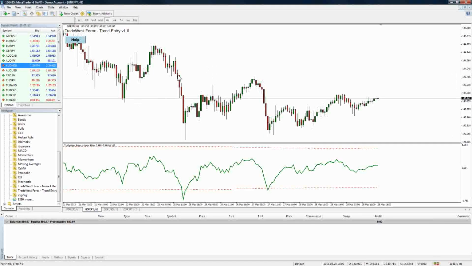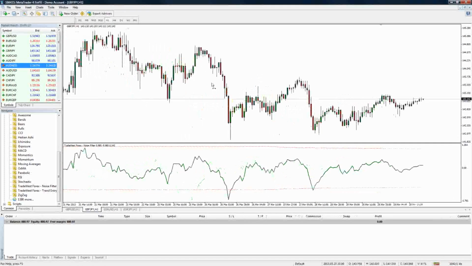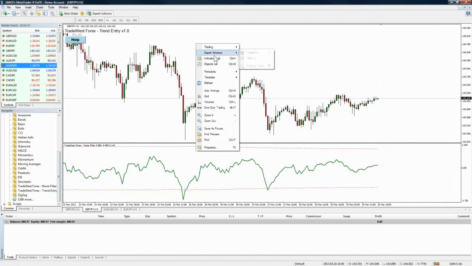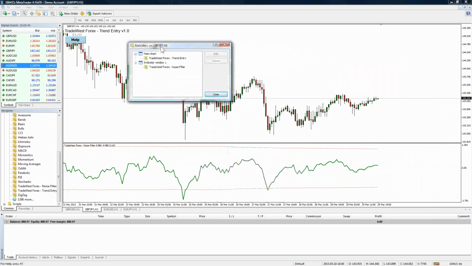Now, one thing I do want to show here is with trend entry, for example, you can see these little arrows. Now I've just loaded another indicator on here. Trend entry, you see this down arrow here. If you right click on there and you go to the indicators list. Now if this was an expert advisor, an EA, or a system that was loaded like an EA, like Pip Stat, then you'd go in here and you can actually access your settings and options from here. But this is an indicator, so I'm going to go to indicator list and I'm going to pull this up.